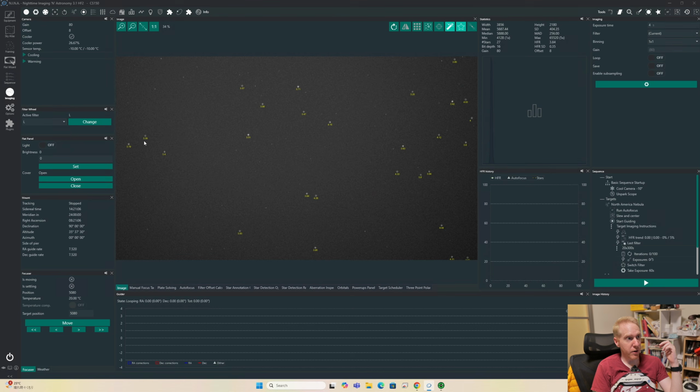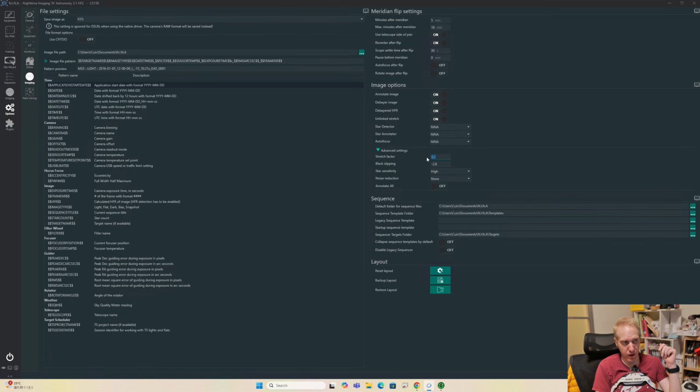If, in contrast, your image seems too dark and you want the stretch to be more aggressive so that NINA can detect more stars for autofocus, you can increase that value. And if NINA picks up noise as stars and the noise reduction didn't seem to help, you could try to increase black clipping from like minus 2.8 to something like minus 2. So those are small things that you can do, but I have not had to do that at all